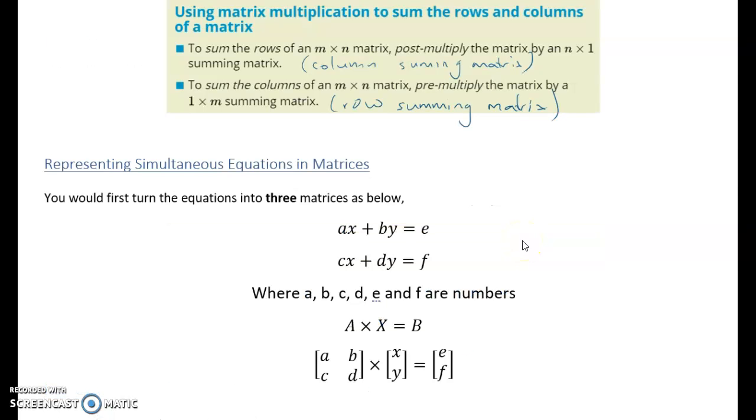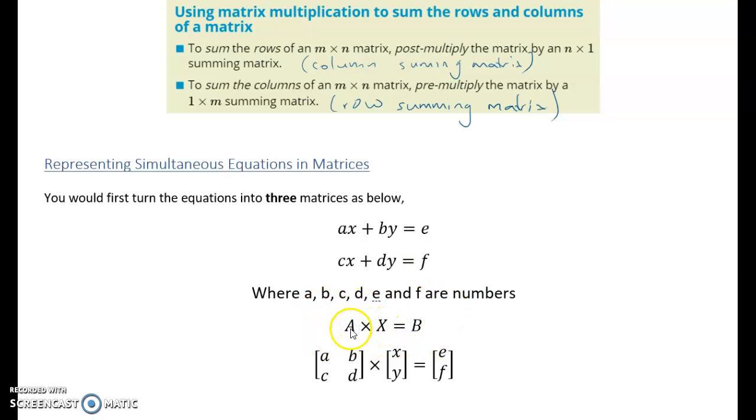Right, let's have a look at this. There are some big ideas in this one. So here you've got a couple of simultaneous equations: ax plus by equals e and cx plus dy equals f. Now you've got to turn it into 3 matrices where a, b, c, d, e, and f are all numbers, but x and y are coordinates. And you're going to use